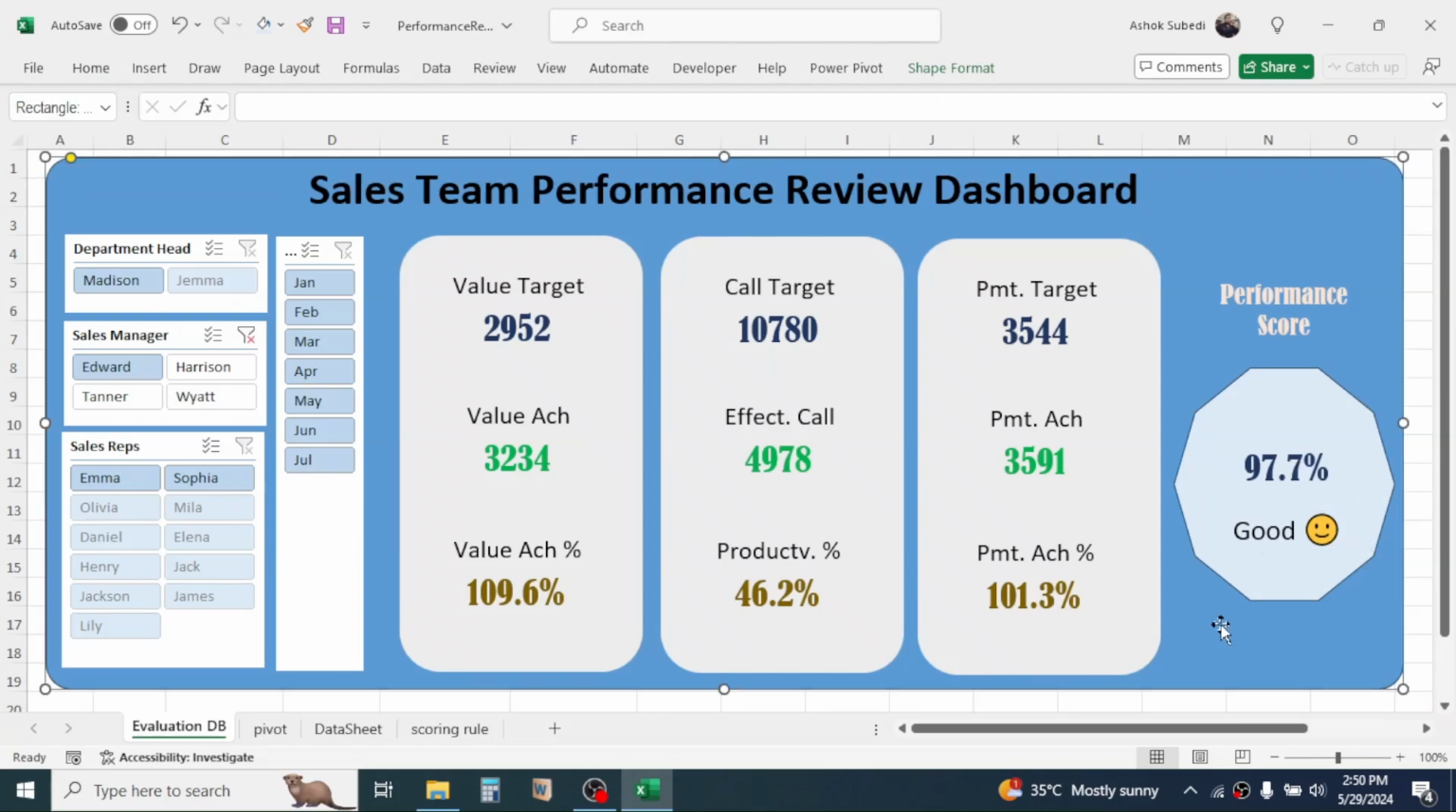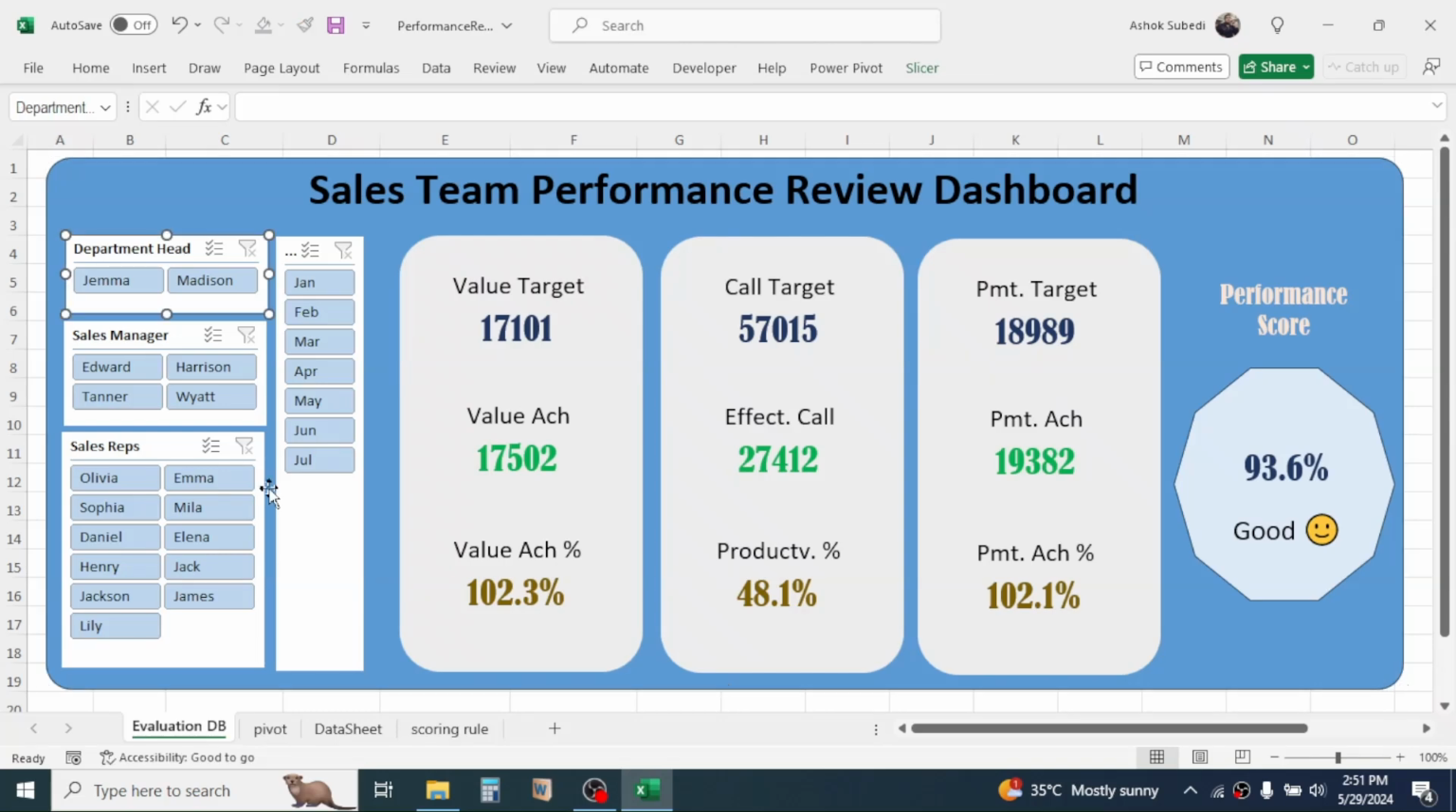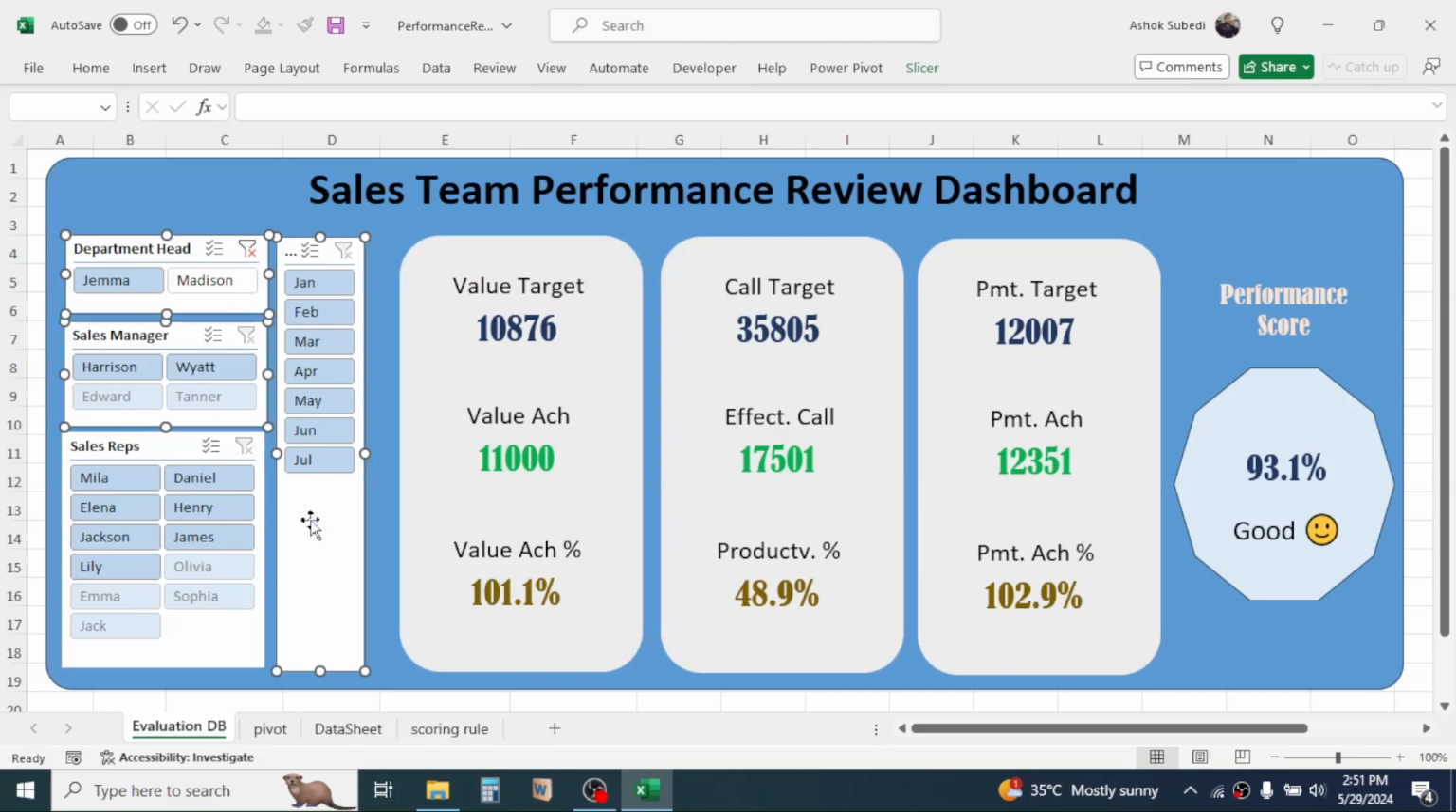Now I have linked all the values here in the dashboard sheet. Now if I clear the filter from here, you see all the values updated. And here in the slicer, when I select a department, the sales representatives not related to this department should be disabled. So to do this, first of all select all these 4 slicers by holding the Control key